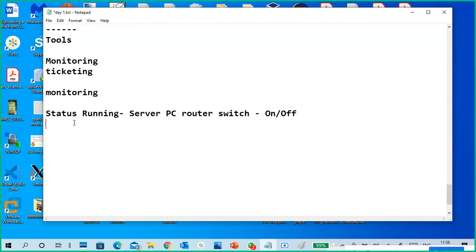Or are you doing performance monitoring?